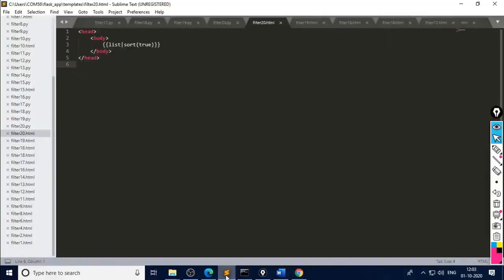So in this video we have seen how filters can be applied to string or numerical input, how they work, and what the output of each filter would be. So practice this one. We are going to use these types of filters in the database management system. Okay, thank you.